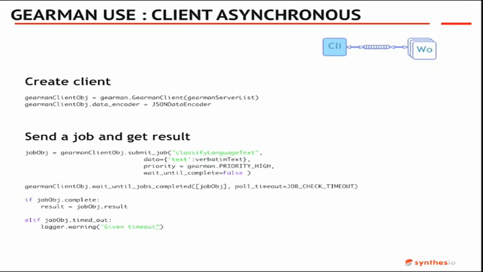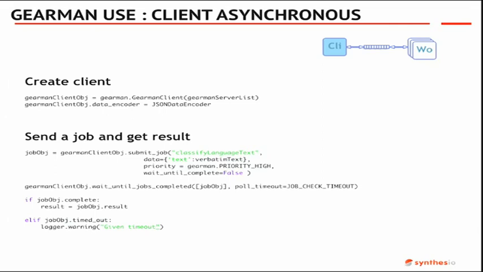And then what you want to do is send your job to get the results. So you do a submission, you tell it what's the task, you create your data. So you just put your dictionary, you tell it a priority, and you say wait until completed false, so it will just run away. It will not be waiting for the results. You can actually send multiple ones, and then you can just put them all in a list, and you just wait to see when it's completed.